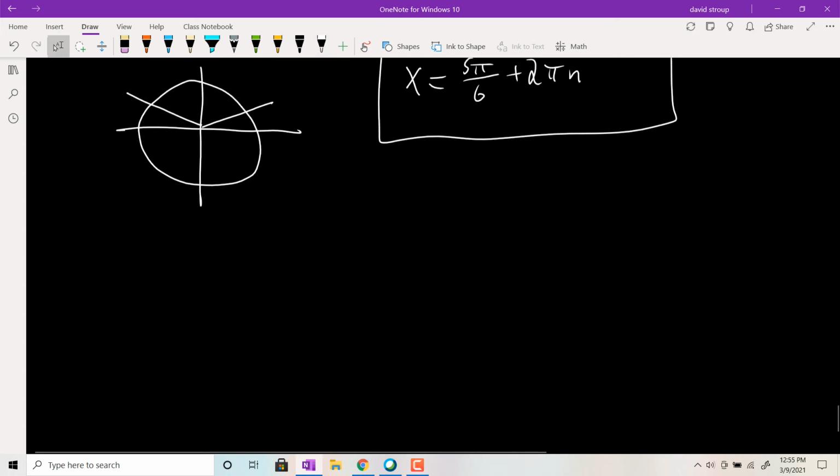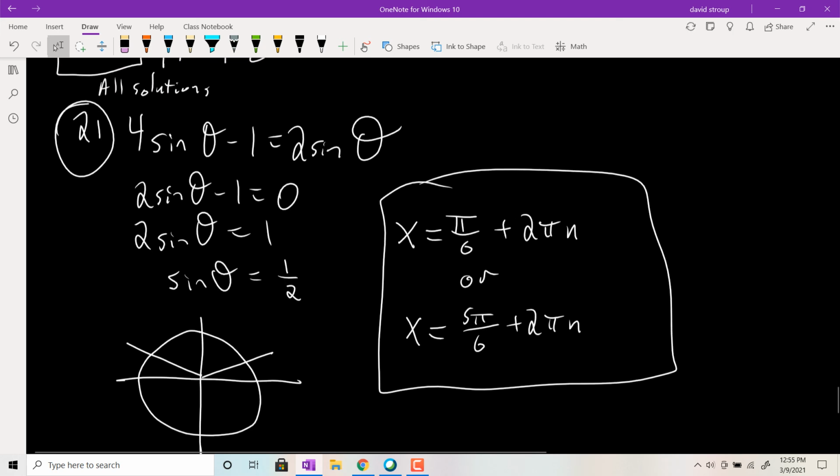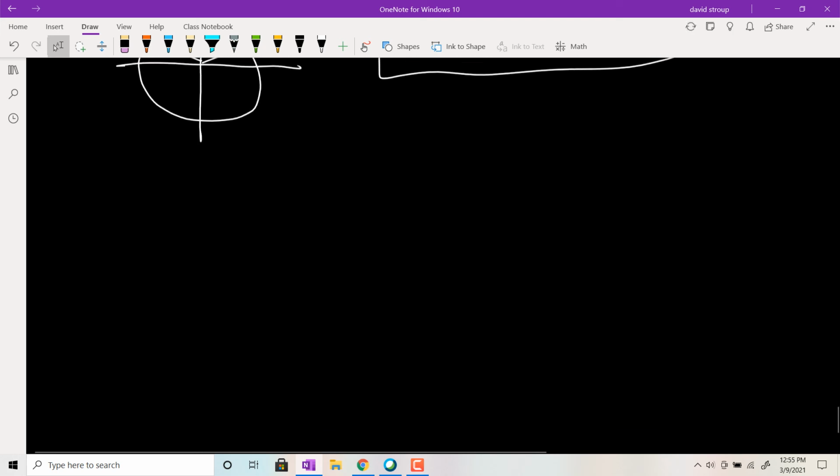Okay, let's look at another one. The next set of problems I want to look at are purely on the interval from 0 to 2 pi, but expect ones where you have to write out your answer in terms of infinite solutions. Okay, we need to know how to do that. But anyways, these next ones are on the interval from 0 to 2 pi. Okay, so 29,